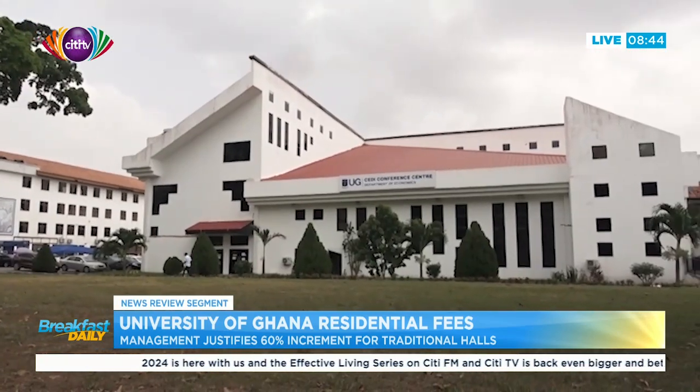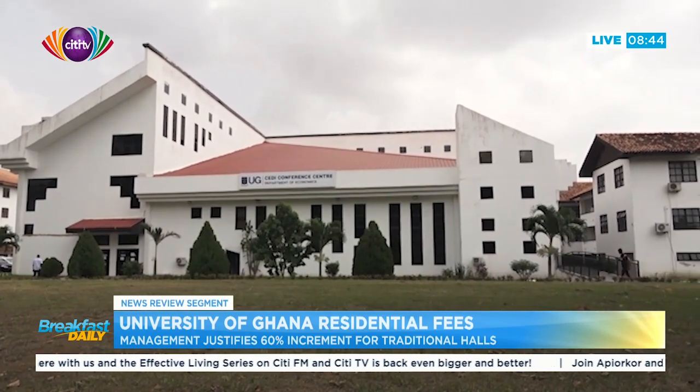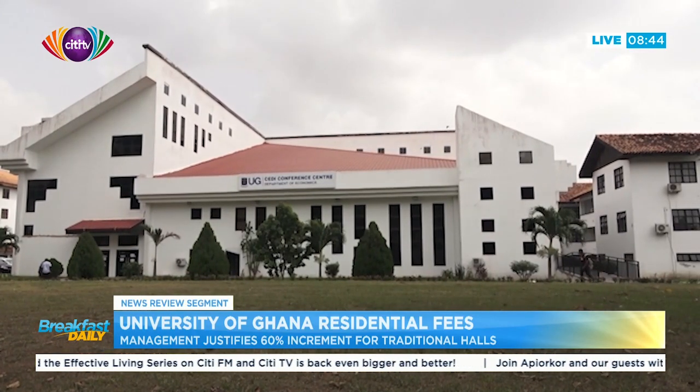We will be looking at the University of Ghana residential fees. Management justified a 60% increment for traditional halls. Let's take a look at this report that was brought earlier yesterday, and we'll come back and delve into the conversations. Within the University of Ghana, an institution embodying the nation's aspirations, a persistent challenge revolves around providing